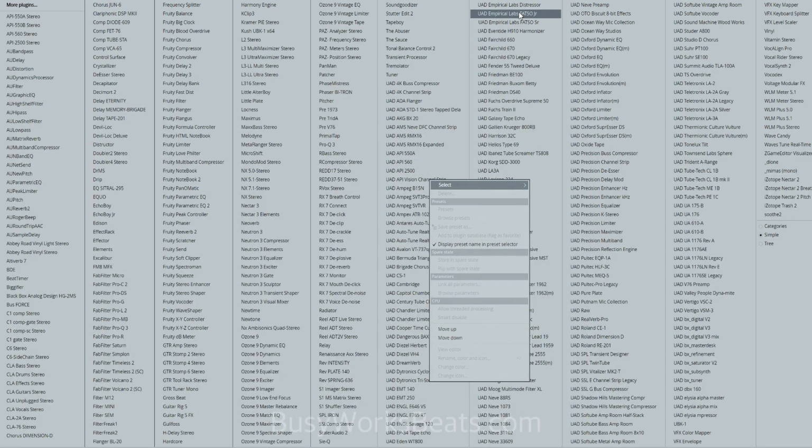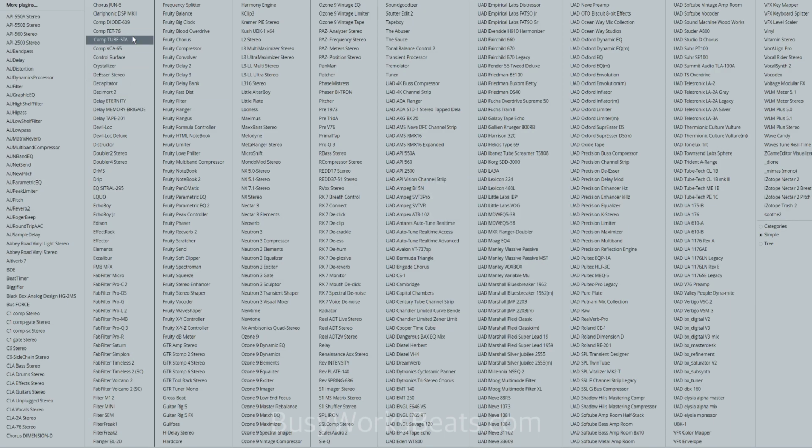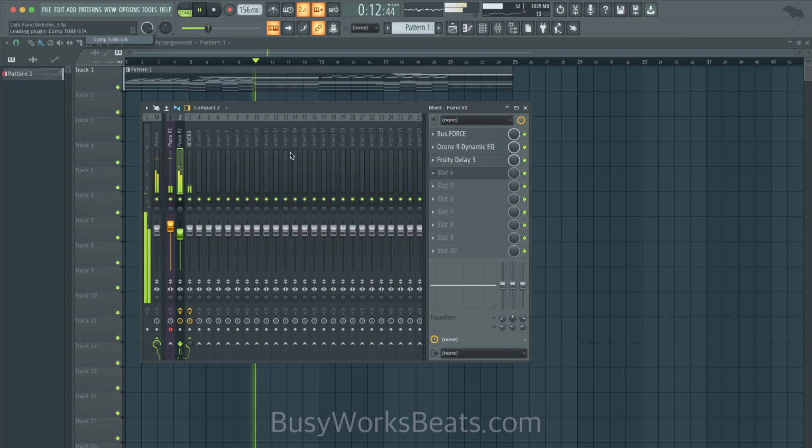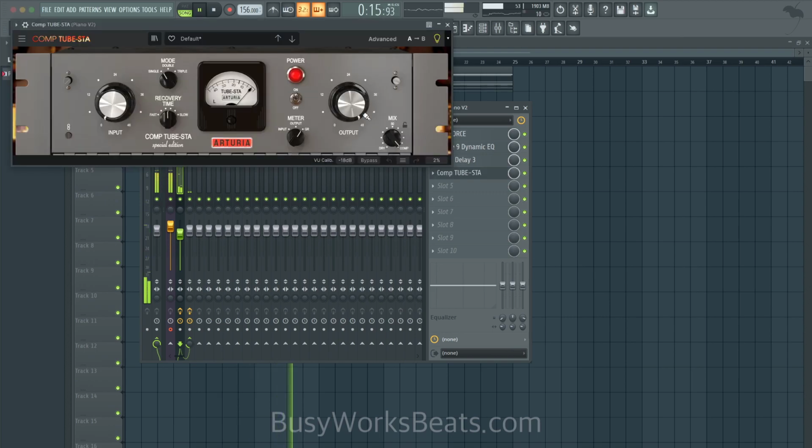Also, you wanna look into a compressor. There's a lot of compressors. You could use the Arturia stuff. Let's do a tube. Mess with this input. This is where you can add more harmonics as well. I didn't realize these were linked. So if you needed more high end, more harmonics, I should say, you could drive it into this.